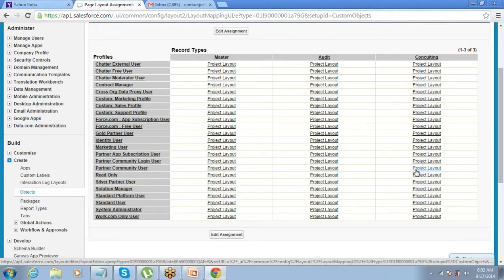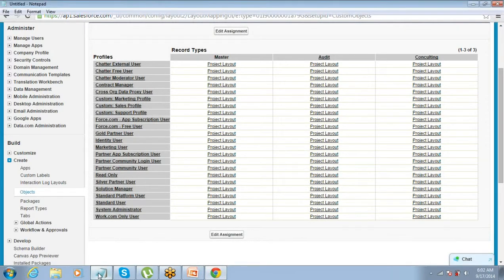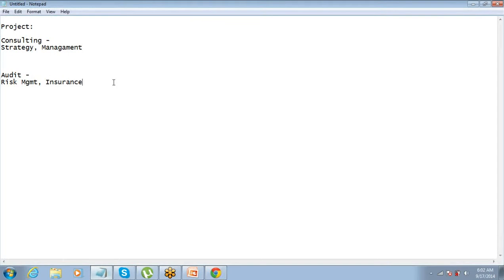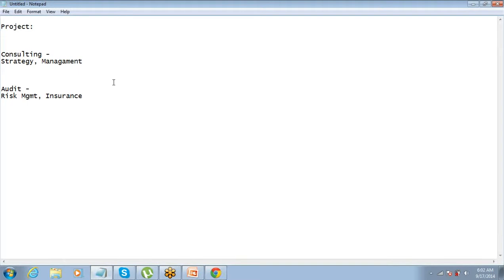Right, so for example, if you have 10 fields on this project object, all the fields will need to be created on the project object. Let's say out of 10 fields, 5 fields are related to consulting, and 5 fields are related to this thing. You might need to store different information, right?